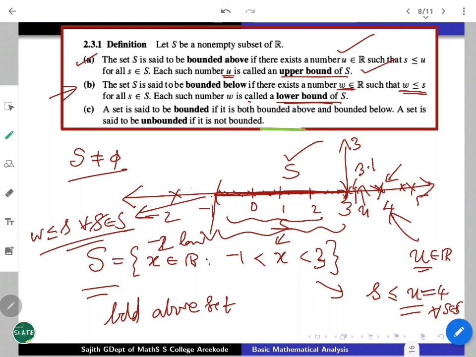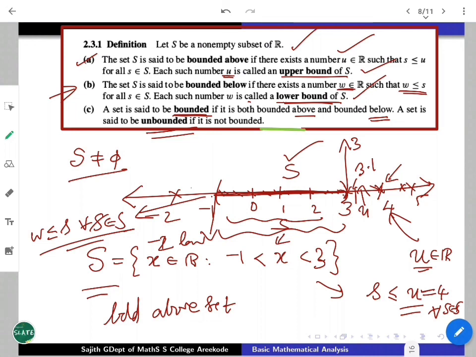So the next definition is almost straightforward. Once you are able to find the bounded above notion as well as the bounded below notion, a set is said to be bounded if it is bounded from above as well as below. Then upper bounds exist as well as lower bounds. If you are missing that, you just say that it is unbounded. That is, a set is said to be unbounded if it is not bounded. That's all. So all these notions you have to master well.